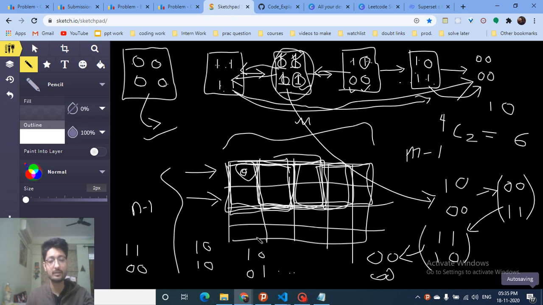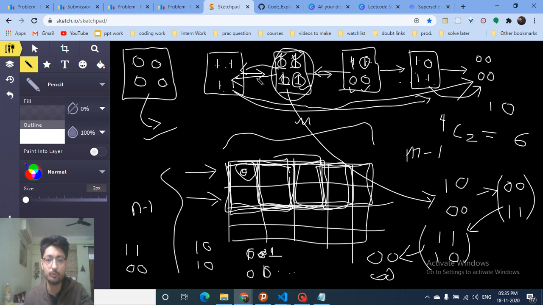From this state, if I want to go from a state in which any 2 bits are on to a state in which only 1 bit is on, I can just take these 2 on bits and 1 off bit, and flip them. Now it comes to a state in which only 1 bit is on. And now from 1 bit I can go to a 4 bit state, and from the 4 bit state I can go directly to a 0 bit state. Because when all bits are on, it is a very generalized form. I can just take any 3 bits on, which I've told you. So it's a very general state.